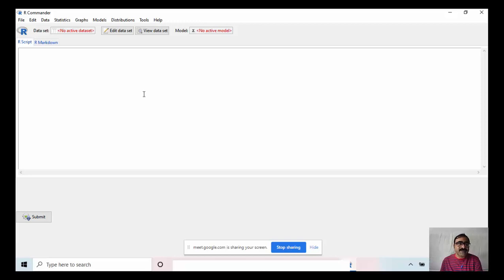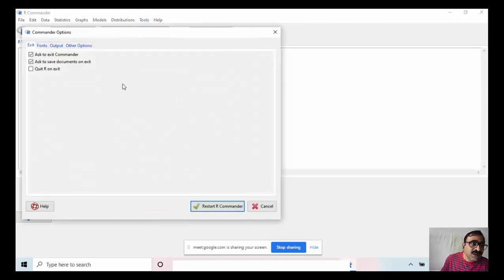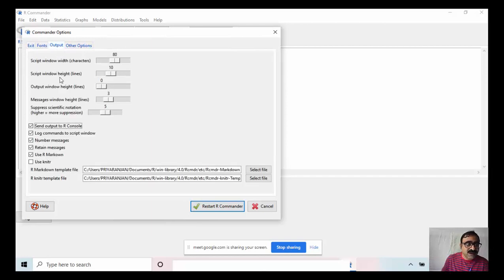Now you can see here, this is the R Commander window, and before starting this you can see there is an option, Tools, here. You go to Tools, there is Options, and here you can see there is an option Output, and here you can get different options: script window width, script window height, output window height.